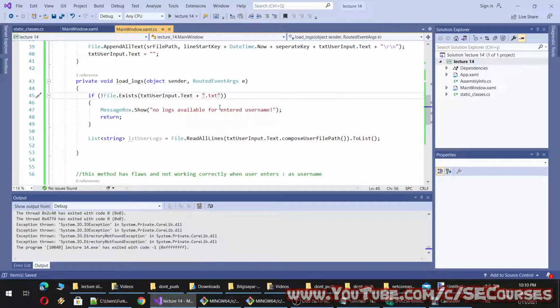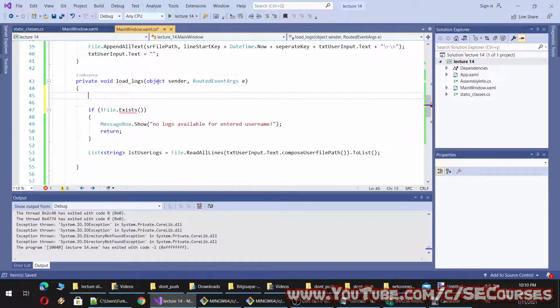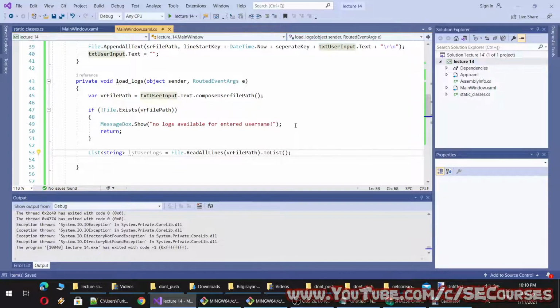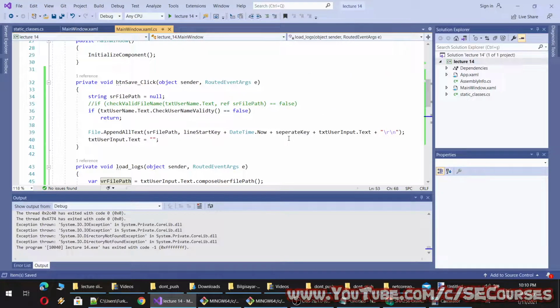Okay, we use it here as well. So let's make it like this, or we can define a local variable, path equal to this, and reference that file path. So we avoid duplicate coding, we avoid copy and pasting.